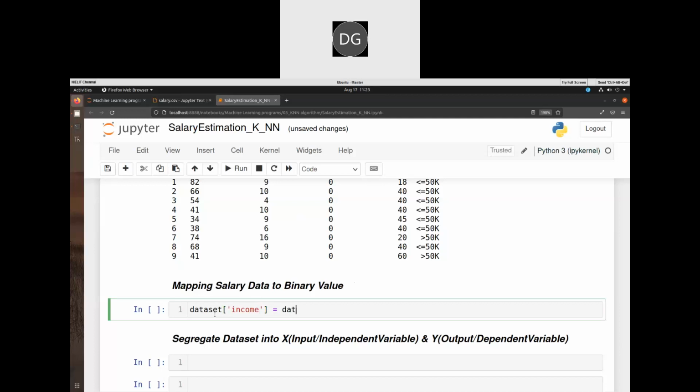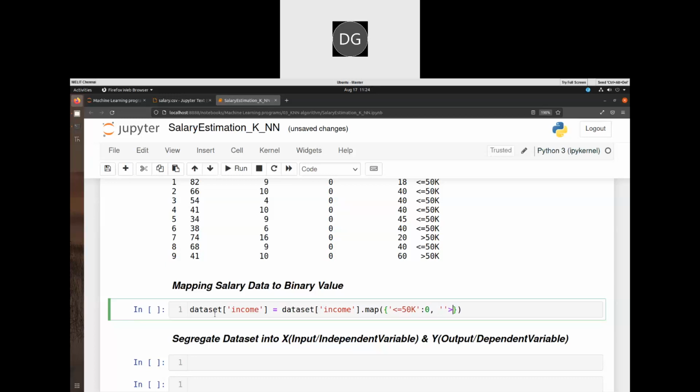Income is equal to dataset of income, that particular column, dot map. The map function is similar to the replace method only, so I have to give it in dictionary format. Which data I want to change: less than or equal to 50K. K should be caps, the same as what we have given in the category. That is converted into 0,